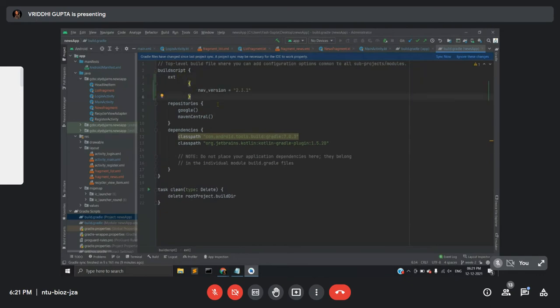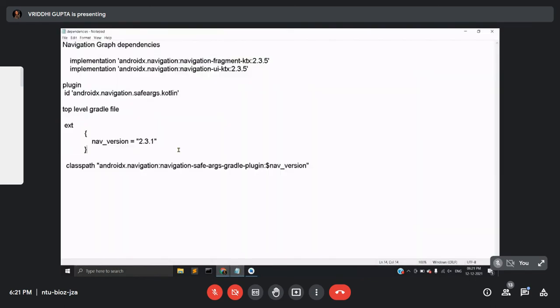This defines the version of your navigation component. So we will be using that here, so the class path has to come over here.